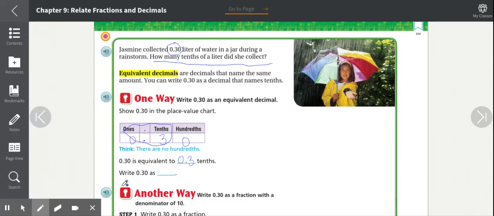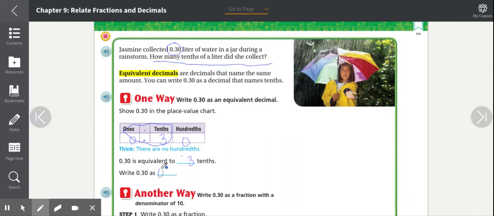Oh, I should have written just 3. Hold on, let me erase that. Just 3 tenths. They didn't want the decimal yet. Okay, so you can see that there are 3 tenths there, right? Okay, so then writing 30 hundredths